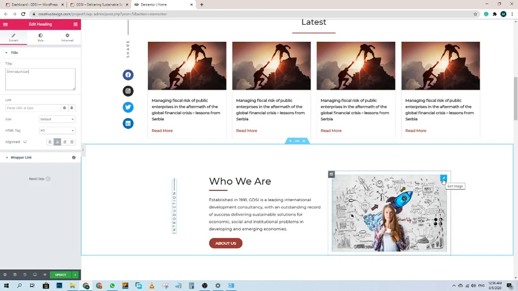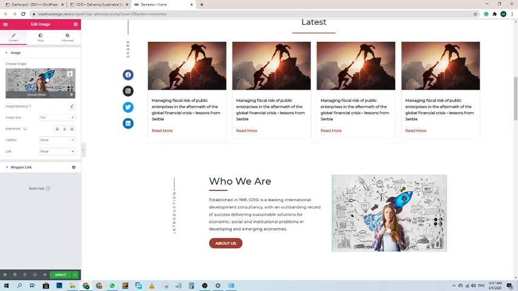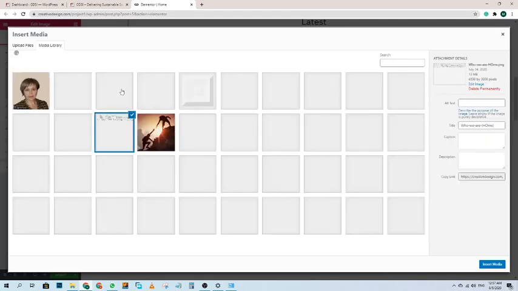And now here is the element of image. Again click on this edit image or this pencil icon. When you click on this pencil icon, the image element will open. So if you want to change the image of this element, click here, and this is your media library.